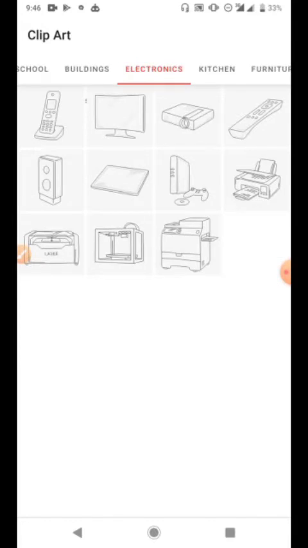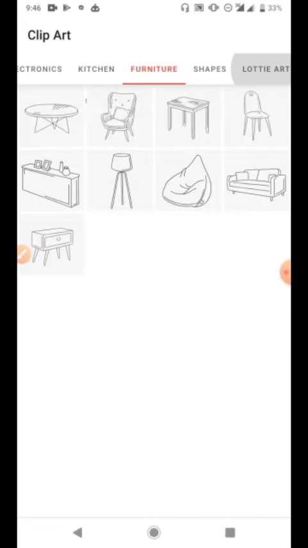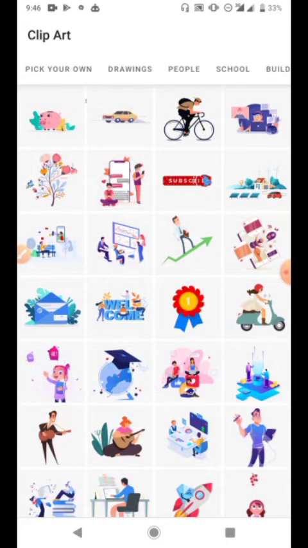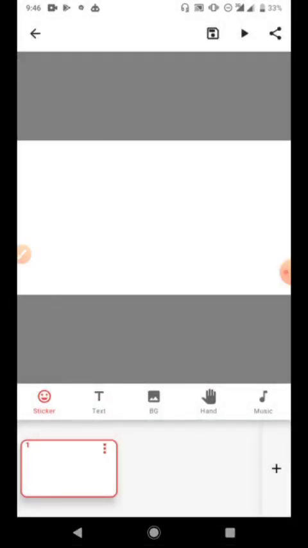Under electronics, you see electronics-related sketches, kitchen, and all of that. Okay, so very quickly, I'm just going to do something very simple, and the concept I'm going to use is we want to create an advertorial video for a delivery company. So the first thing I want to do